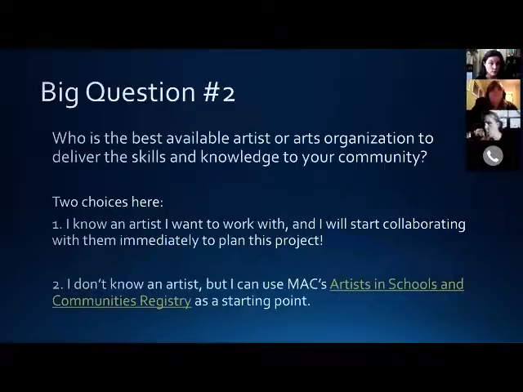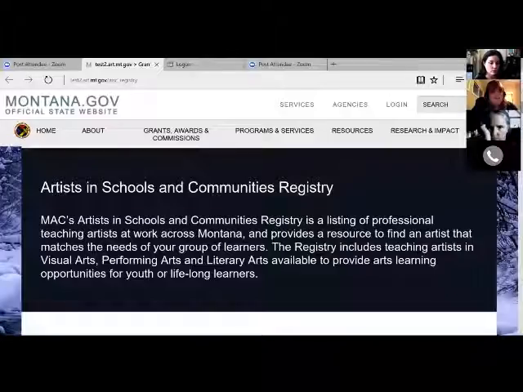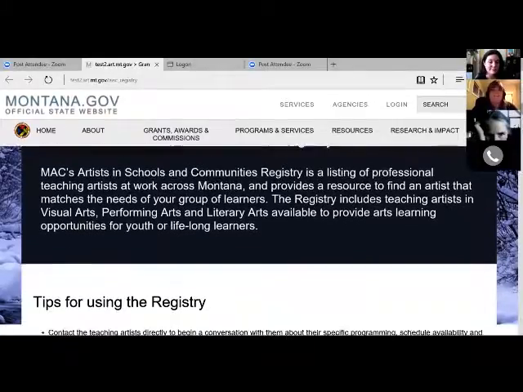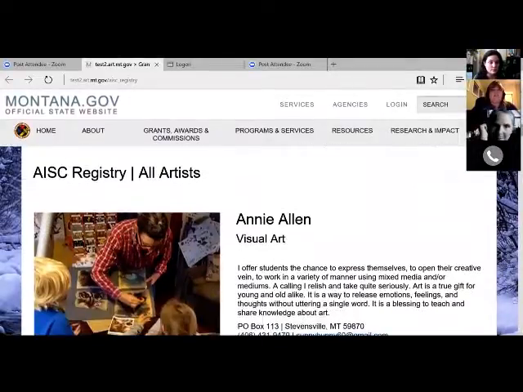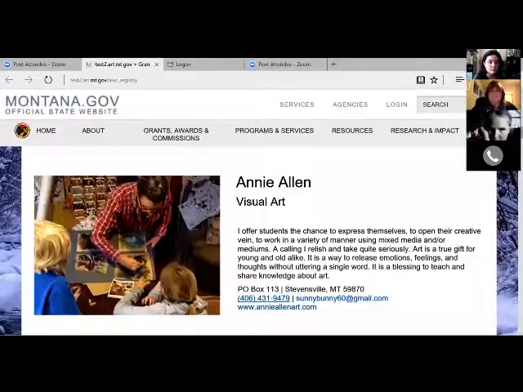But we're going to give you a preview, and I need to switch screens very quickly, of our brand new AISC registry, which is ready to go, but our website is not ready, so it's not up yet. But this is what it's going to look like when it's ready. And I think it's really pretty. You'll be able to sort by these categories by clicking on these dots. And then as you scroll down, you'll see a very short description written by the artist, a short statement about what they do, and then their contact information with a link to their own personal website in many cases,